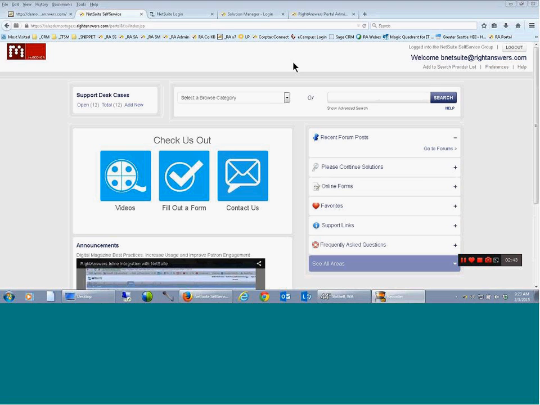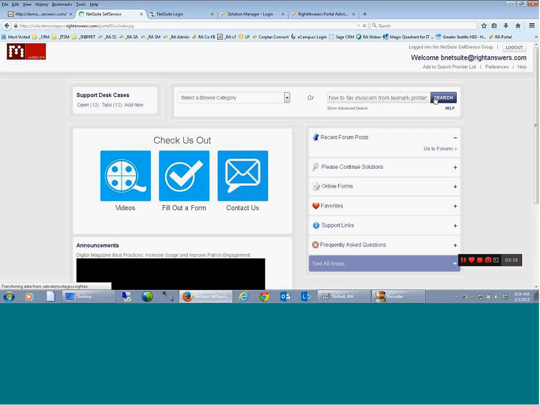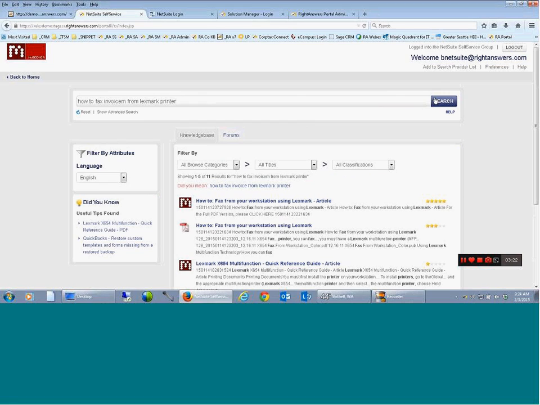It helped me as an end user, but remember, I'm an end user now. I have my end user hat on, and as part of that, I have the ability to find knowledge, and I'm going to do just that. Matter of fact, I'm going to start here looking for how to fax my invoice from my Lexmark printer. So I'm just going to type in how to fax invoice from Lexmark printer. I'm going to hit search, and really that's using the natural language search, which has all the capabilities